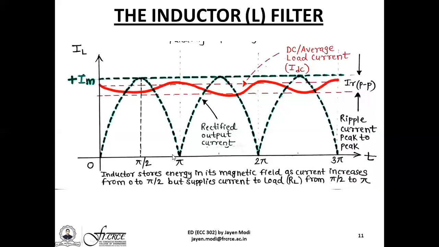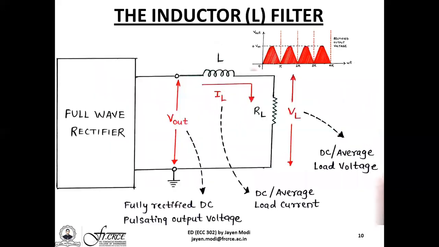This is nothing but the output or the maximum load current, which is sinusoidal in nature without the filtering process. Now, when the first half cycle comes, the output current will increase. So as the output current increases, inductors are known to prevent a sudden rate of change of current through it. So as the current increases, the inductor will store energy in its magnetic field, since the equation is E is equal to half into L into I square. So as the inductor stores the current, it will also store the energy.